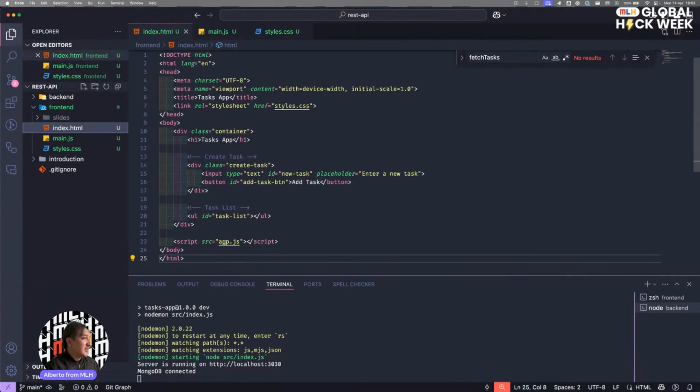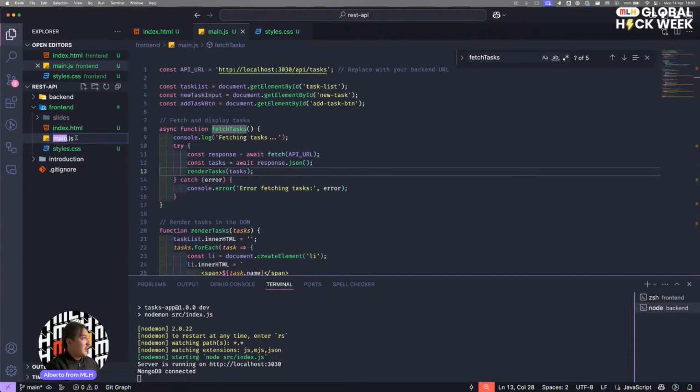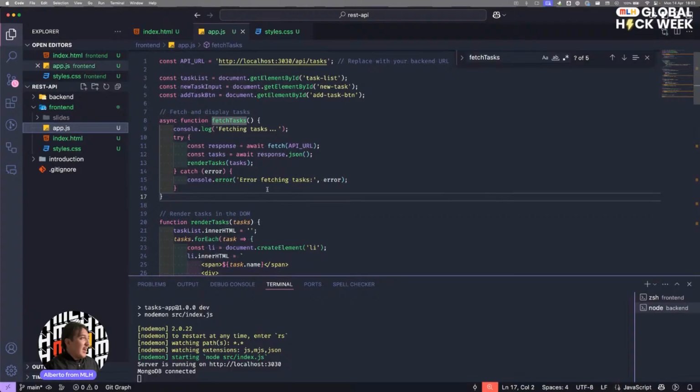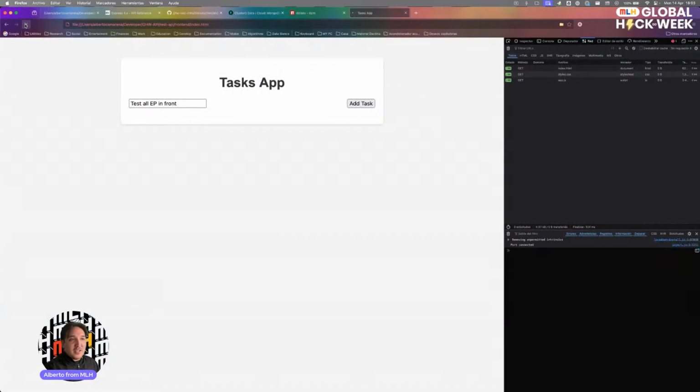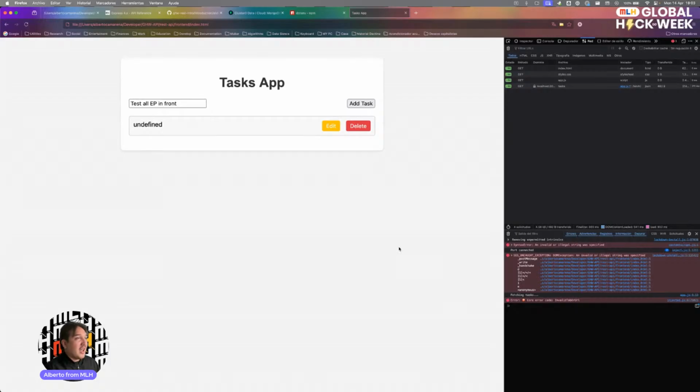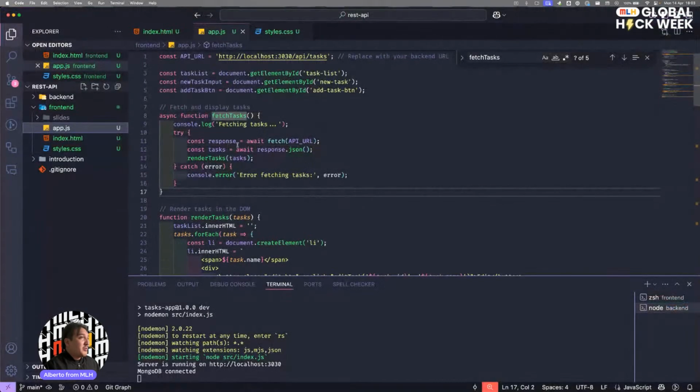Yeah, that's a problem. Maybe I need to call that again. App. Perfect. So if I refresh this fetching task, I have an undefined because probably response await, response JSON task,